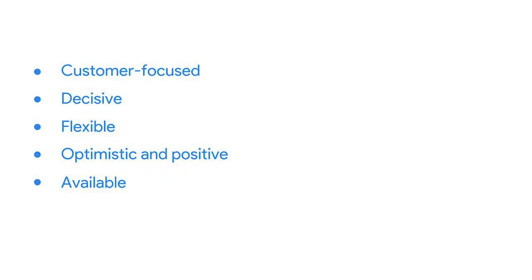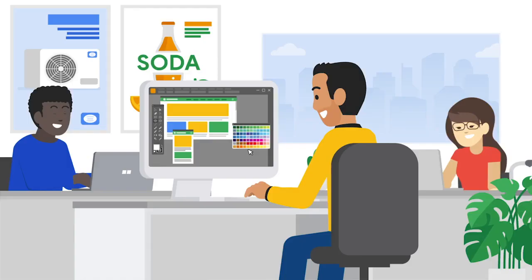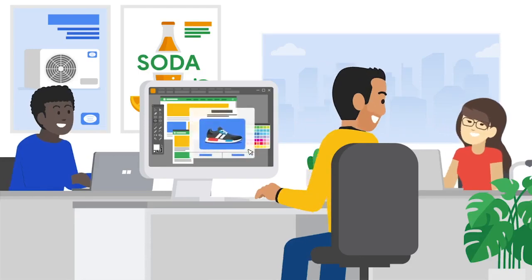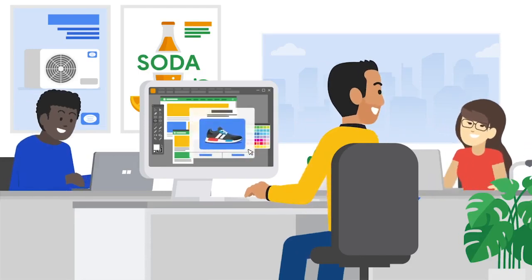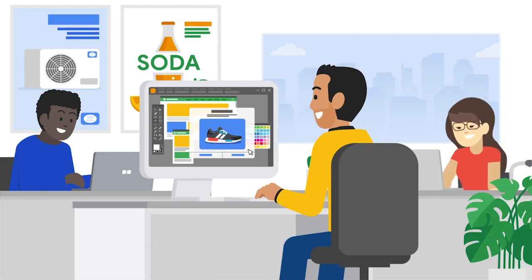And finally, they must be collaborative. Product owners will have to work with their team to ensure that the customer's needs are met, and that will require meeting with and working alongside several stakeholders. So as you may have noticed, the product owners are responsible for a lot of the project, just like the